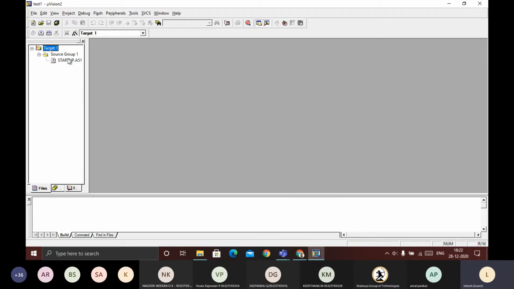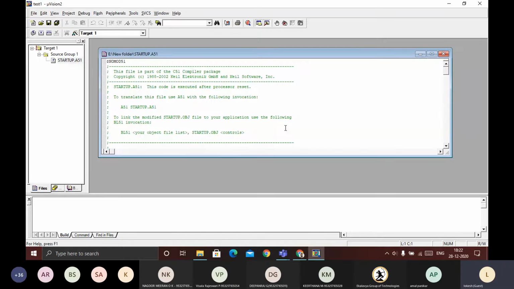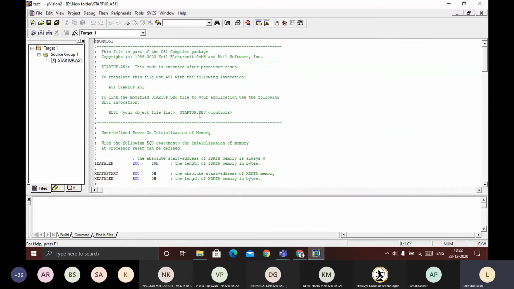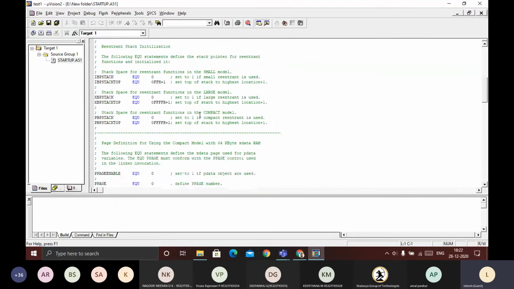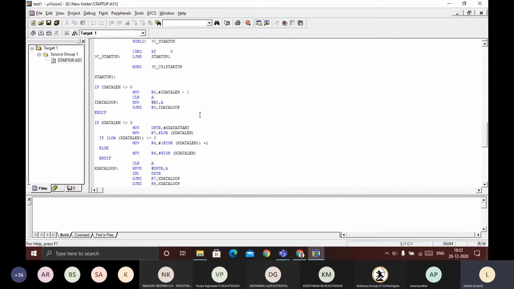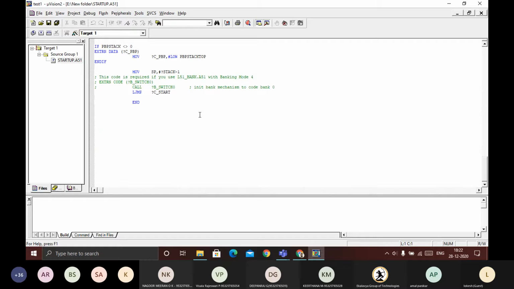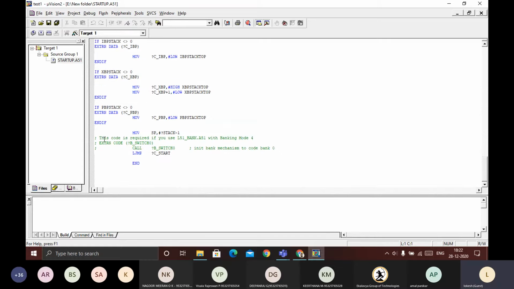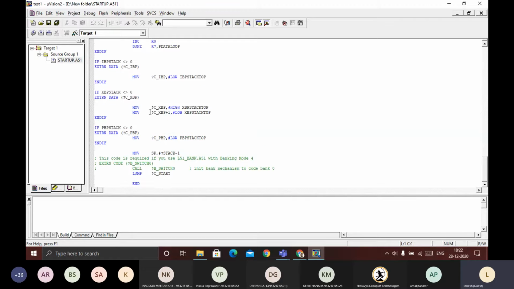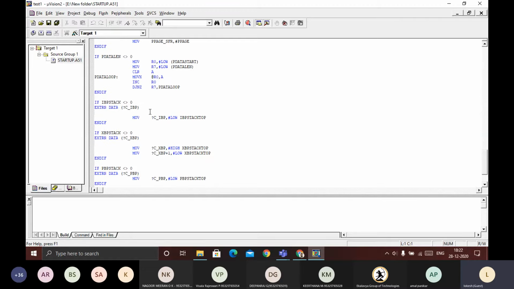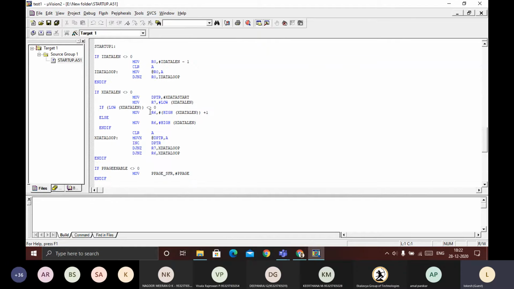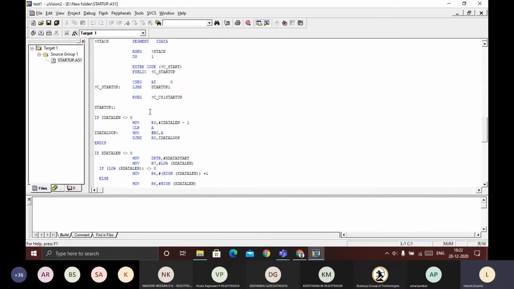Now the target is going to look something like this. In this one we have a startup file. If you look into the startup, there we have some keywords like this, which represent the stack pointers, the loops, all those things.